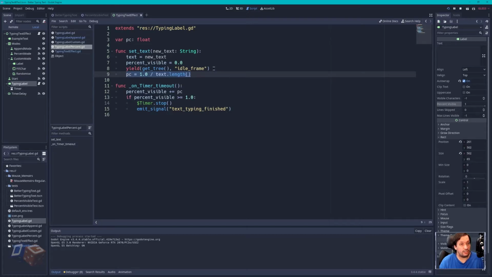I'm not 100% sure it's necessary, but I feel like it works a lot more accurately and frequently if you have this in here first, because controls usually update on the next idle frame, not immediately. You reset the percentage visible to 0 when you start the animation, otherwise nothing will happen when you go to add it. And then each frame we increment percent visible, so this value, by PC, which